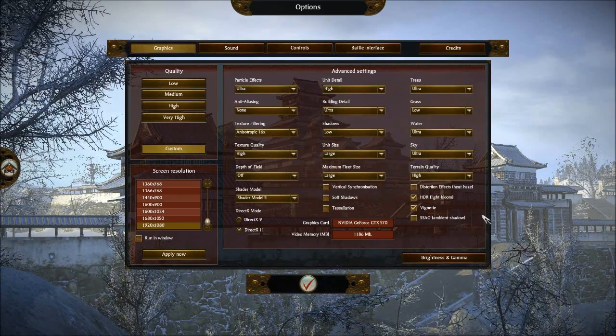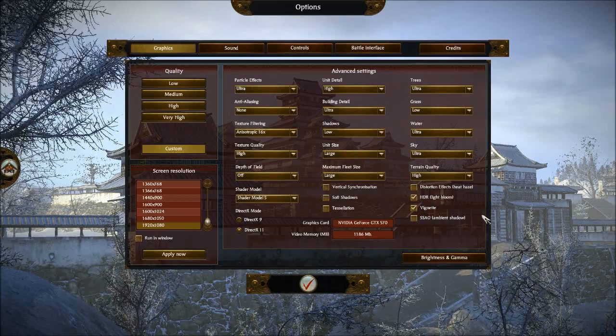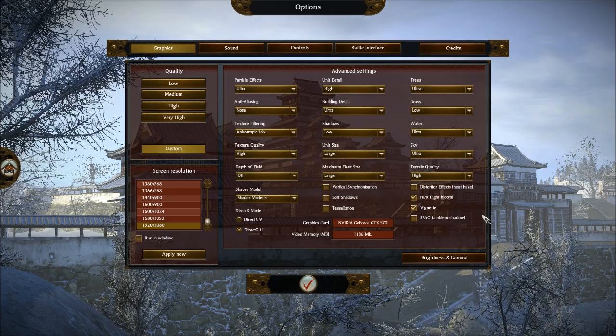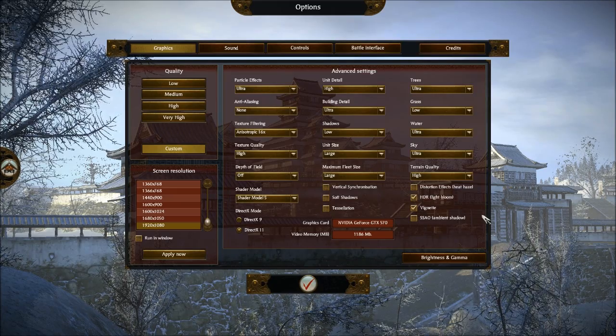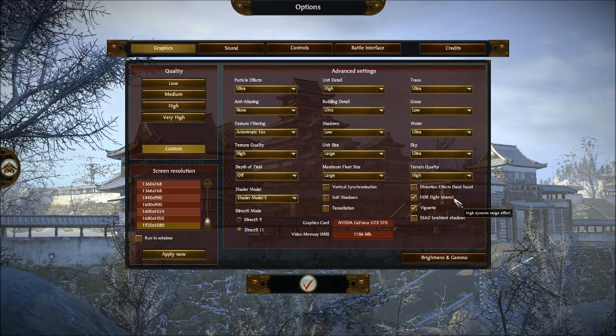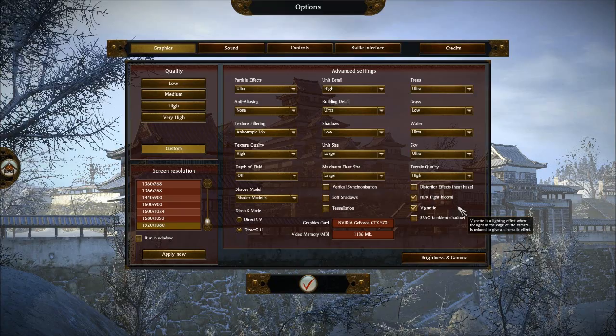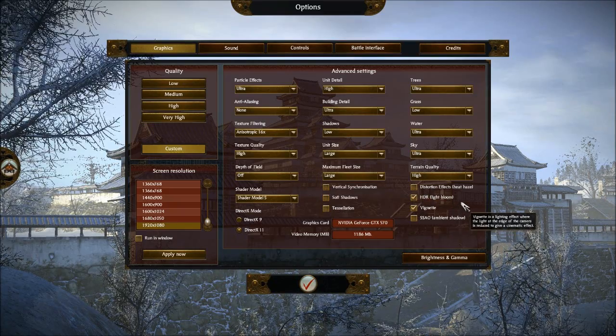I'll finish this up before I go on to some focus points that you should try, because otherwise you're just going to say to me, "Oh, you pretty much just told me to lower everything." Well, that pretty much is the basic way. You lower everything and slowly tweak up and see what your performance is like. But I will tell you some key areas to target once I round up this video, that you should try first, and if they aren't helping, or if they aren't lowering it enough, then you need to start lowering other